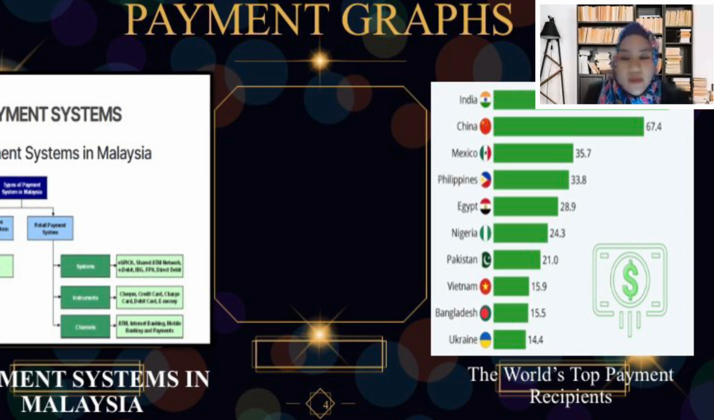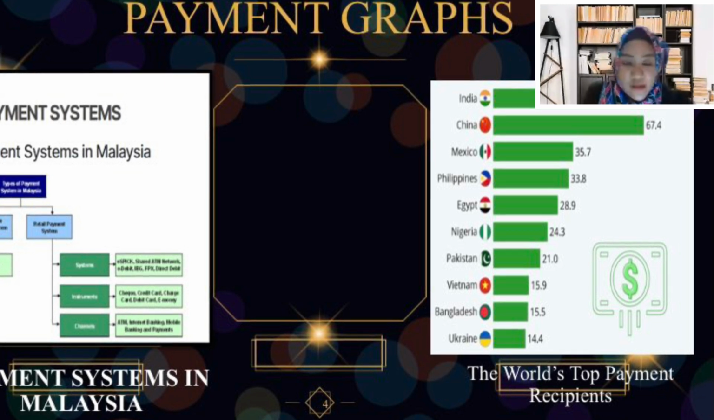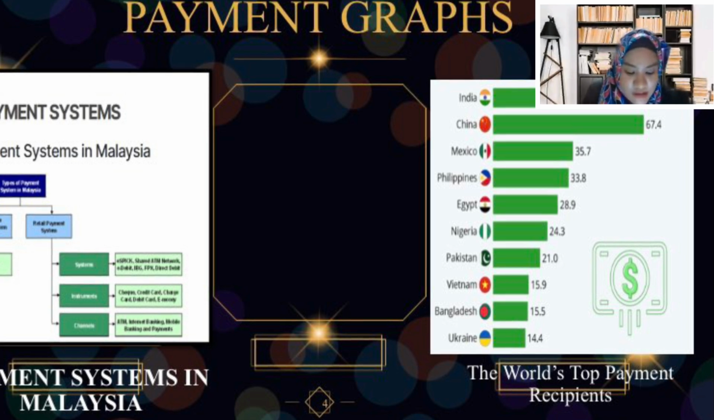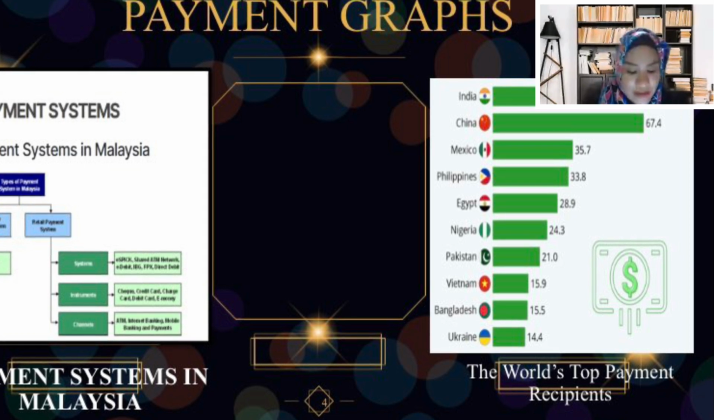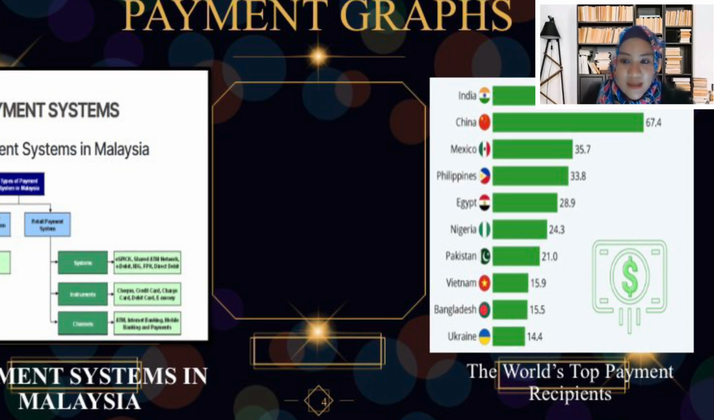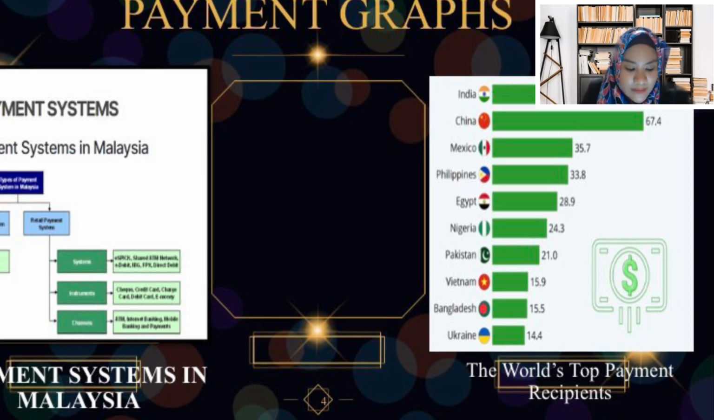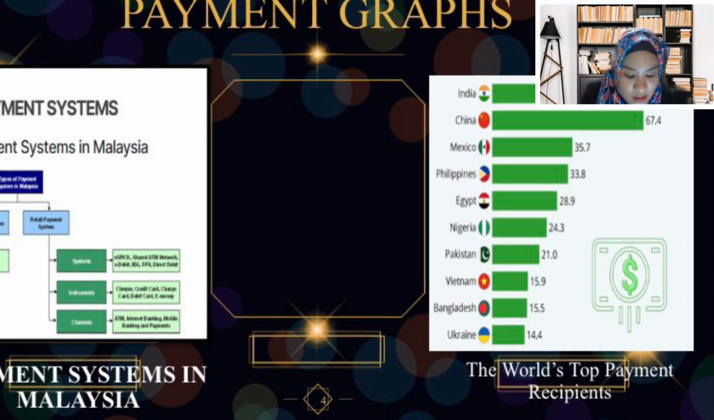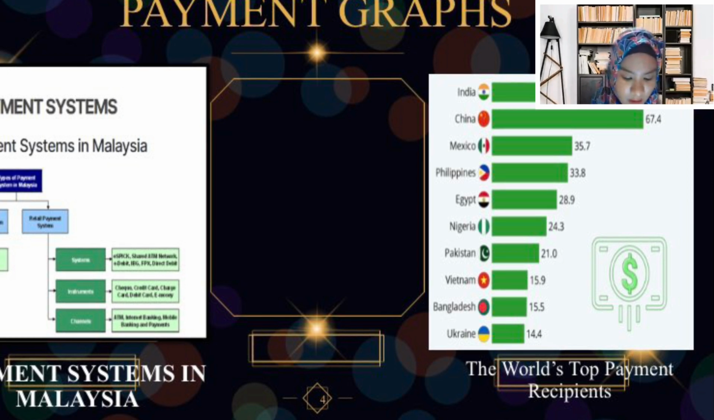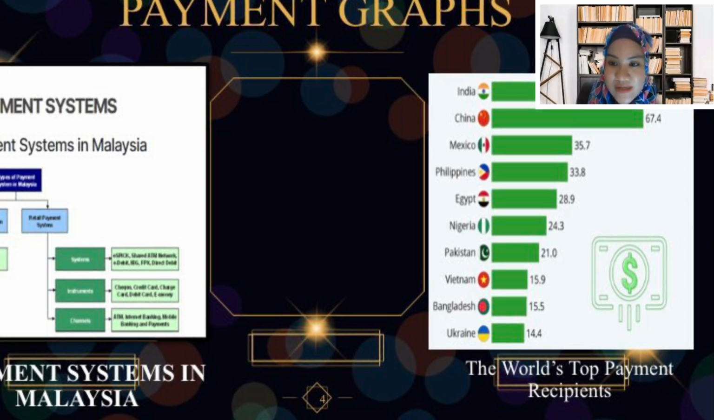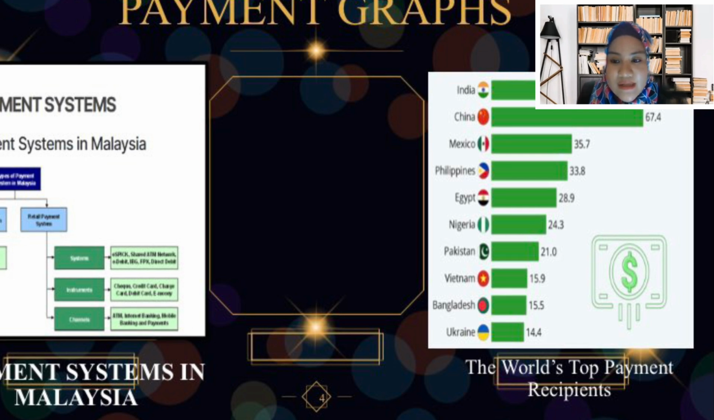Next, we will look at the world's top payment recipients. According to the World Bank data published in 2019, global payments totalled 689 billion in 2018. The graph here shows the top 10 payment receiving countries in 2018. The first country that received the most payments is India with $78.6 billion. Then it is followed by China with $67.5 billion,